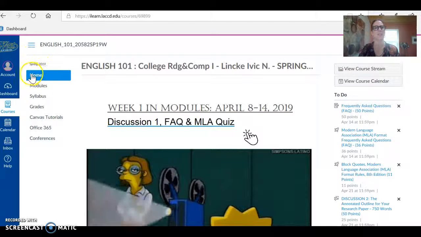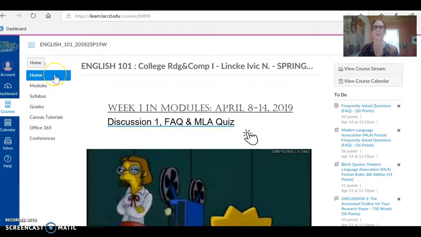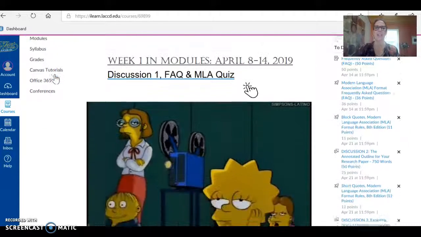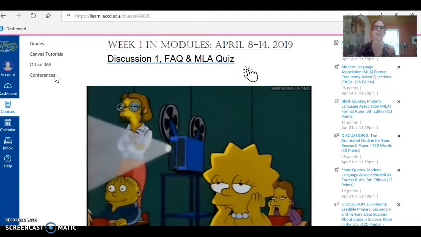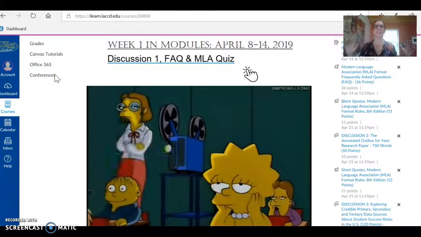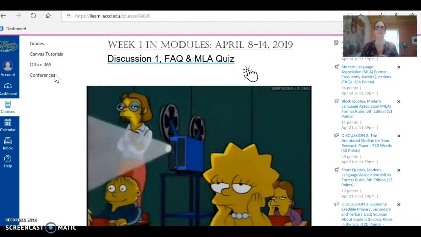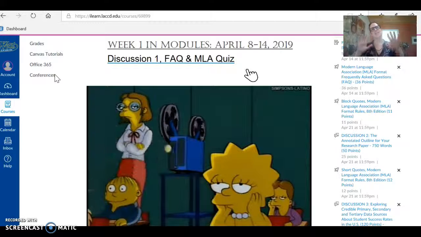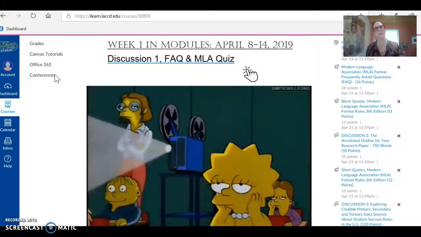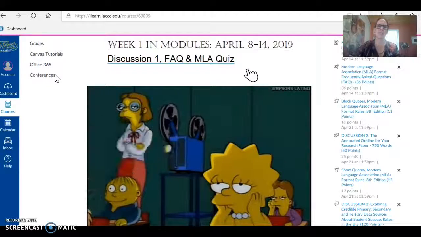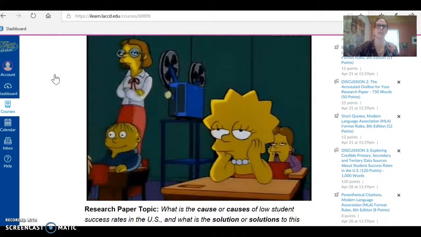So let's look at all these tabs starting with home. What is home? Think of home as a gigantic bulletin board, like those bulletin boards we used to have in our classrooms when we were little. The teacher would decorate them, the students would decorate them. They would come up with neat images and themes that we can look at, and that's what I like to do in home. So let's look at the image that I have here.